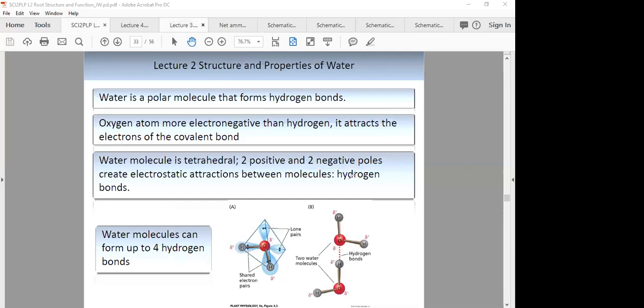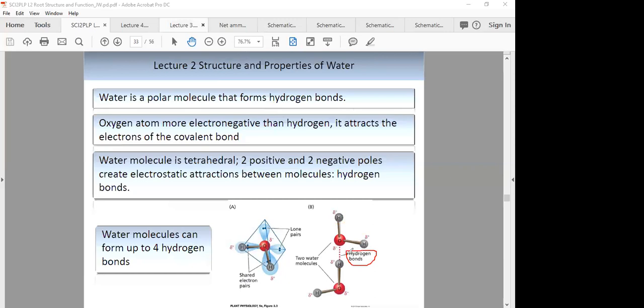Okay, let's clear that. And of course, that electrostatic interaction between the negative pole of the oxygen and the positive of a hydrogen on a neighbouring water molecule is what we refer to as a hydrogen bond. Now, you might recall also that hydrogen bonds alone are actually quite weak